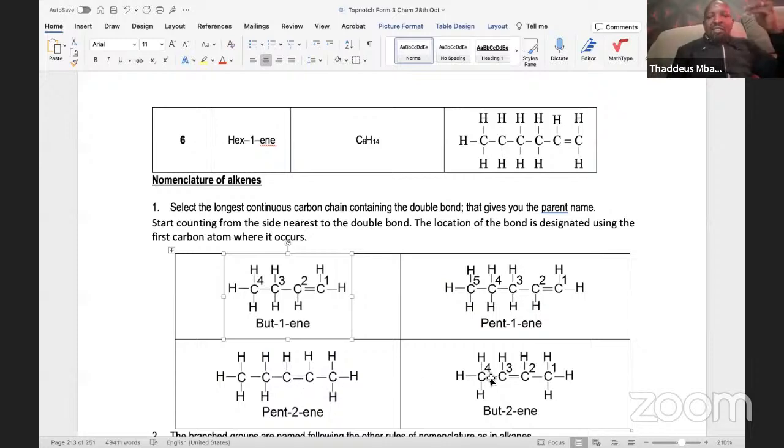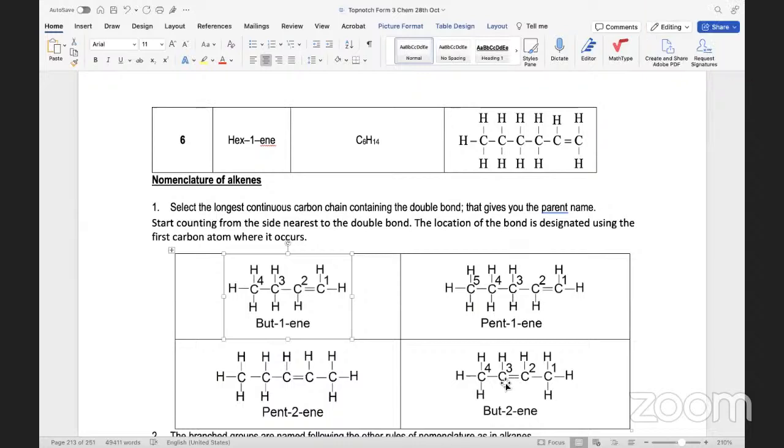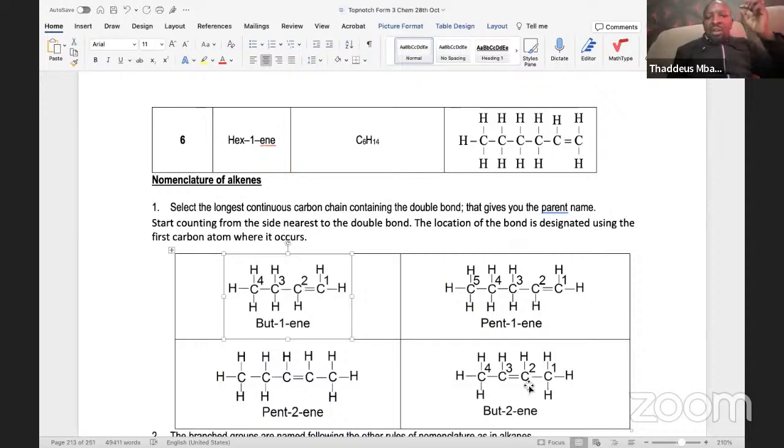Remember, the same thing, we can still have butene, but now instead of putting the double bond in between the first and the second, we put it hapo katikati. In that kind of scenario, we can count from any side, because even if you start counting from the left or from the right, we are going to have the double bond occurring between the second and the third. So in that kind of scenario, the name becomes but-2-ene, meaning that there are 4 carbon atoms, ene means there's a double bond. Where is it located? Between the second and the third.